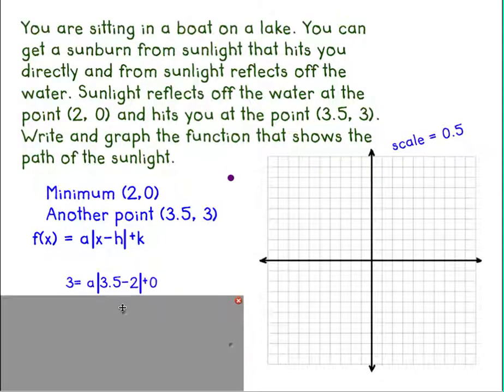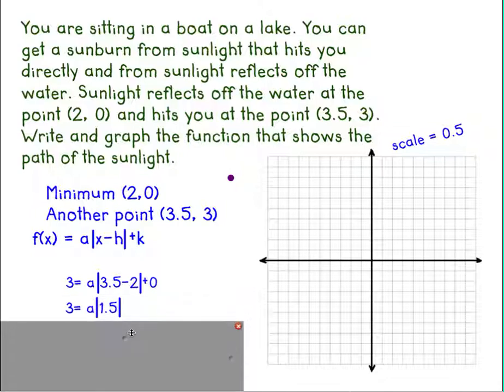So if I take that and plug in the f of x and the x, in other words the y and the x, you can see here where I've put in the vertex, and then simplifying that